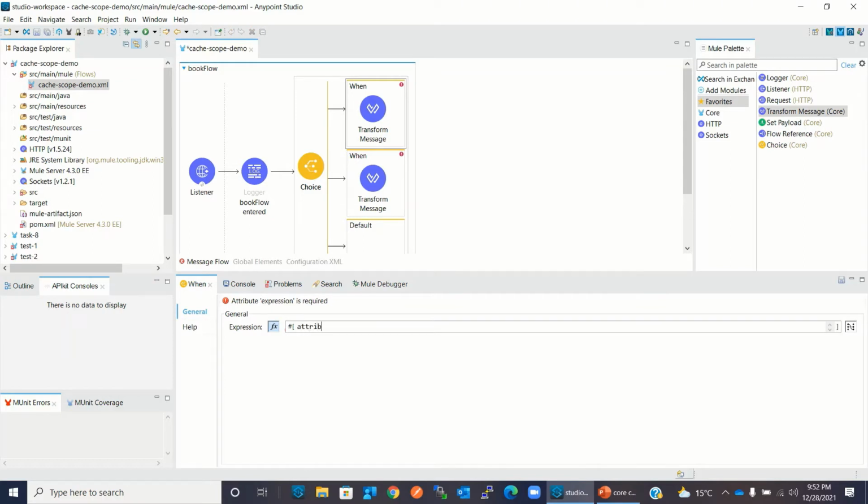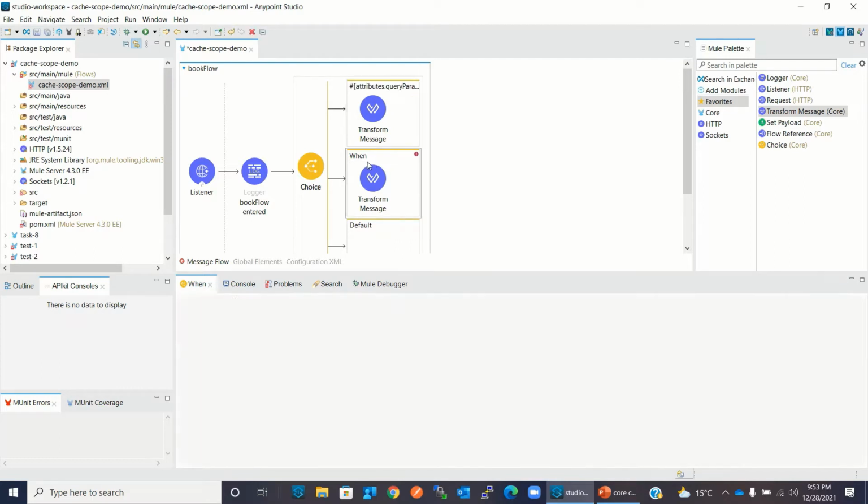So I will say attributes dot queryParams. This choice will be based on a query parameter, and the query parameter name will be bookId. If it is 100, then build the payload for 100. And if it is 200, then build the payload for 200. So this is for 200.